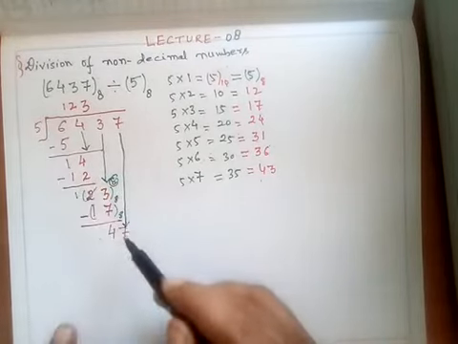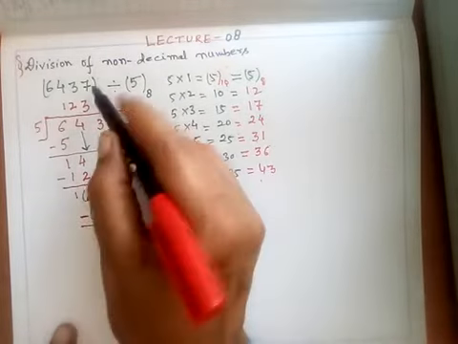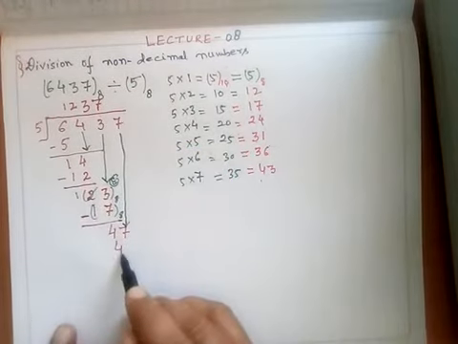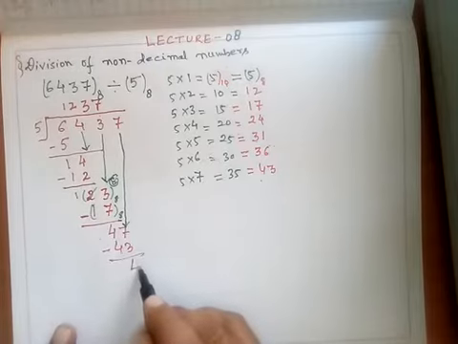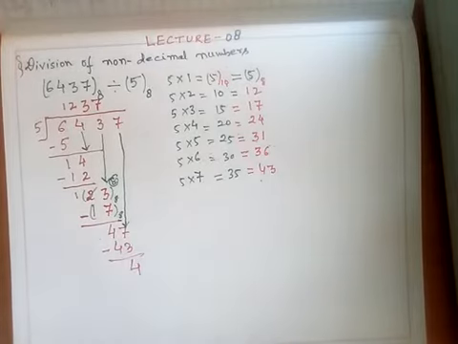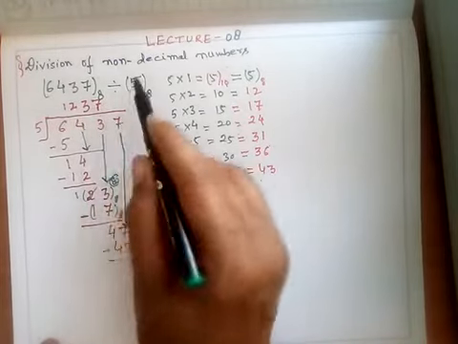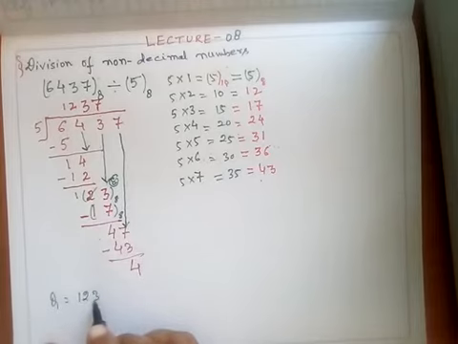Now 47 divided by 5. Let's see. It is 5 7s are 43. So I'll obtain here 5 7s are 43. Again I subtract this and this is 4. So I can say that this is my final result. When this number is divided by 5 in base 8, the quotient is 1237 and the remainder, I write Q as quotient, and the remainder is 4.